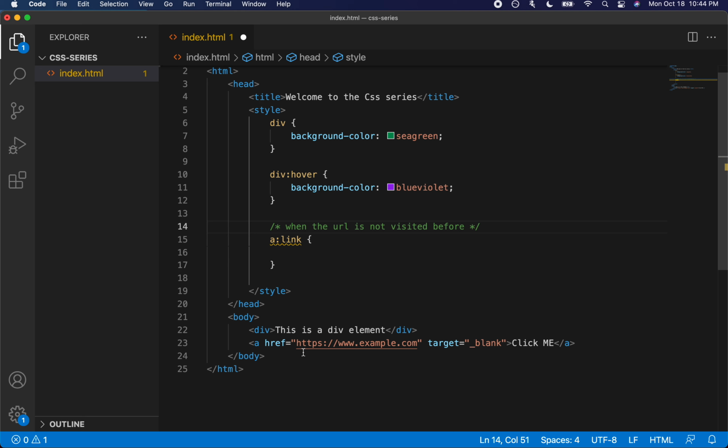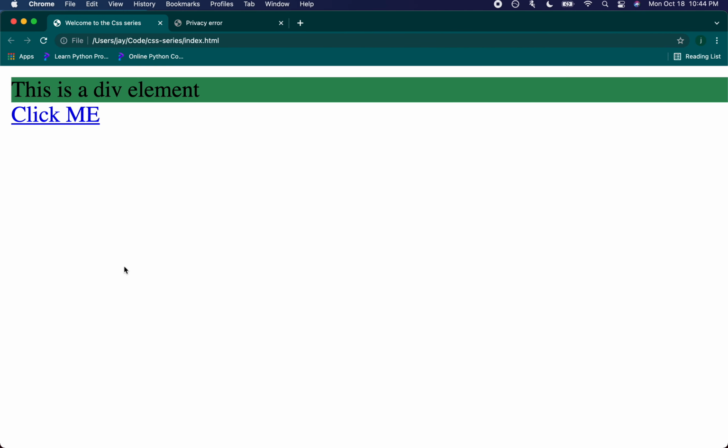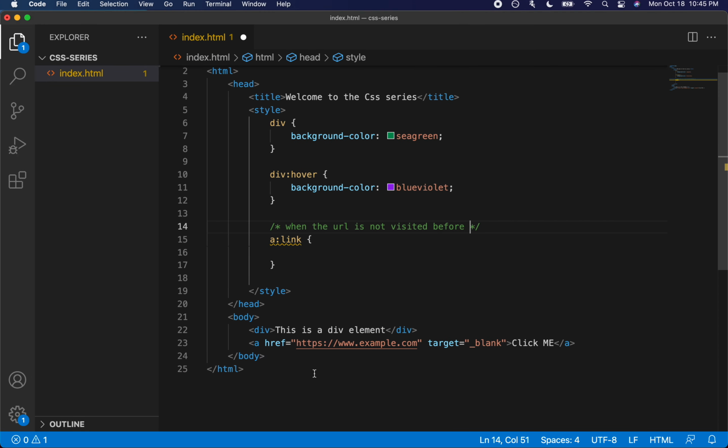For example, I haven't visited this website, which is example.com, from this browser before. So this a colon link knows it has access to the browser history. That's how it's going to determine if I have already accessed this web page before or not.